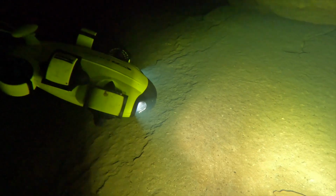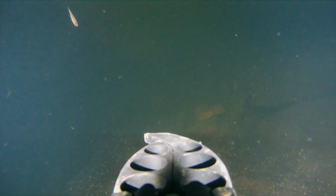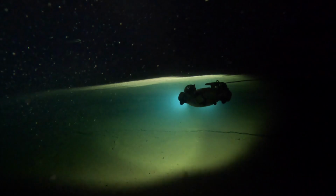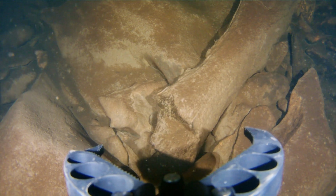We could not see anything, so we knew that this was not a place where we can do any more search. It was like a mirage in the desert, no? That you see something, and when you're approaching, all of a sudden, poof, it's no longer there. We continued cruising, found a place with better conditions, saw another bone. We tried to grab it,